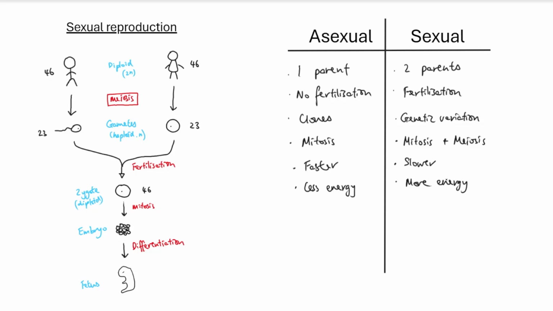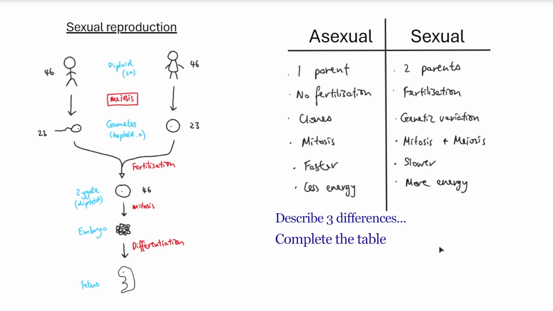But the benefit is that you produce genetically different offspring, which means again increasing the chances of the organism surviving if the environment changes. So again, this is a typical question in an exam, so it could be phrased as a 3-mark question where they ask you to describe 3 differences between the 2 types of reproduction, or it could be a table where they would ask you to complete that table to compare them, or it could be a